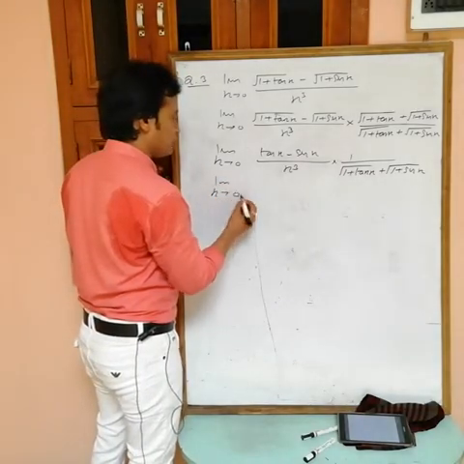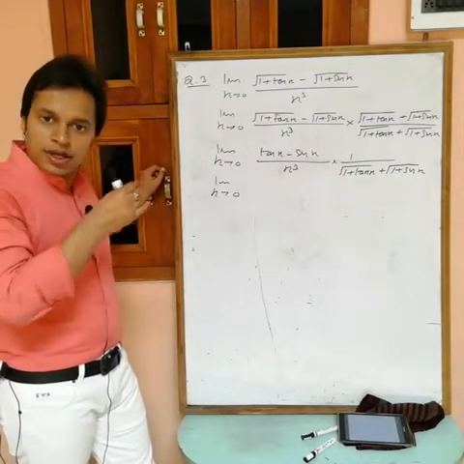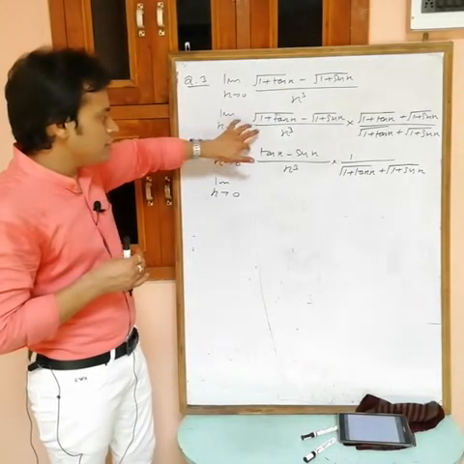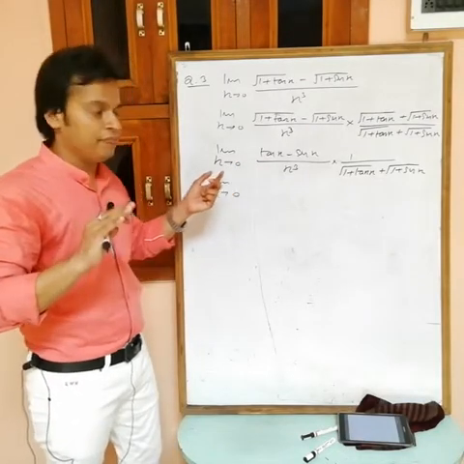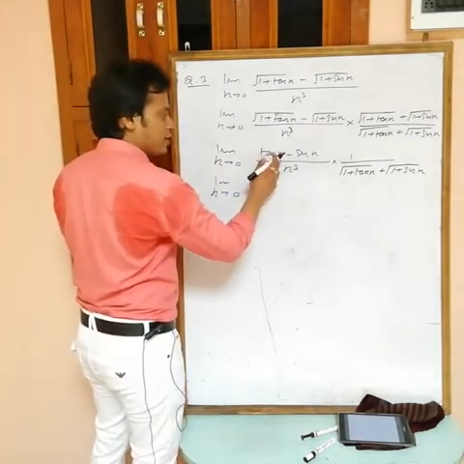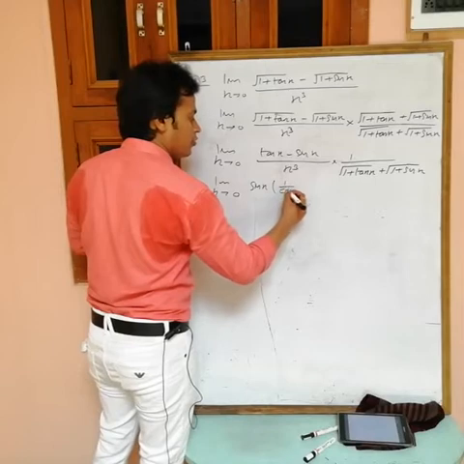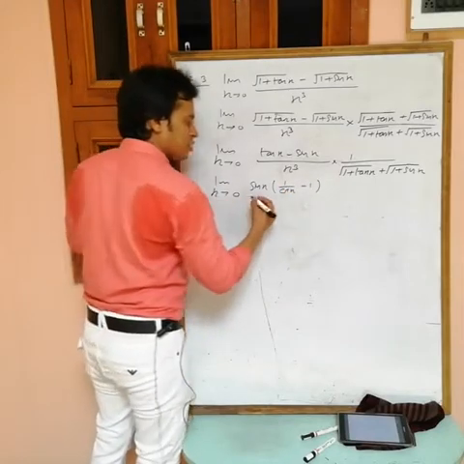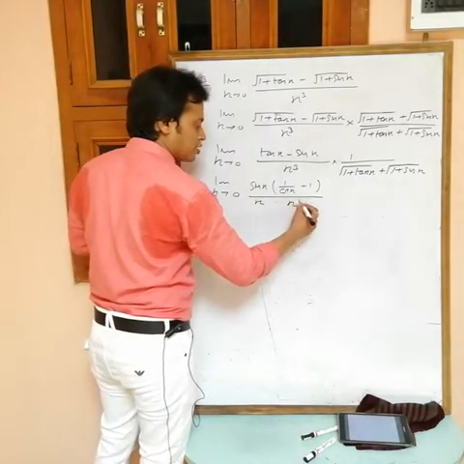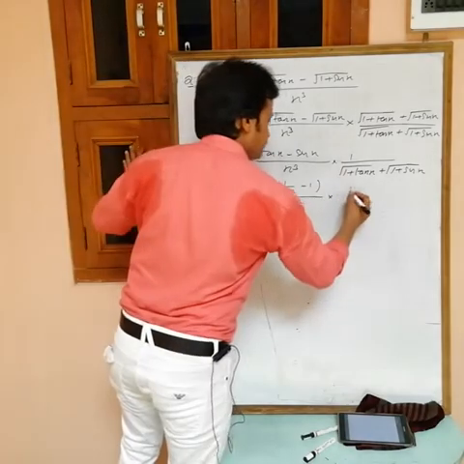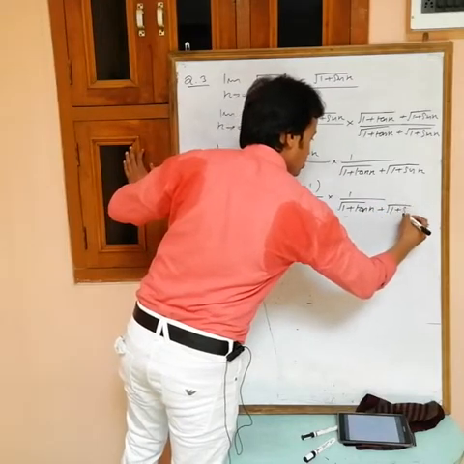Limit x tending to 0. Tan x can be written as sin x by cos x. After that I can take sin x common, and one sin x can be used with one x: sin x by x. I can write x cube as x into x square. So this is sin x by cos x, I am taking sin x common. Then what remains: 1 by cos x minus 1, by x cube. Okay, with the sin x I can use 1 x into x square, and 1 by root over 1 plus tan x plus root over 1 plus sin x.